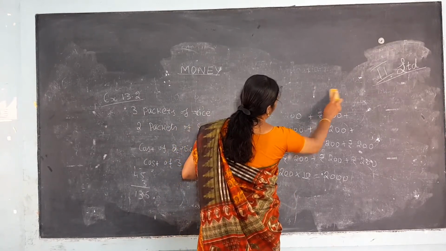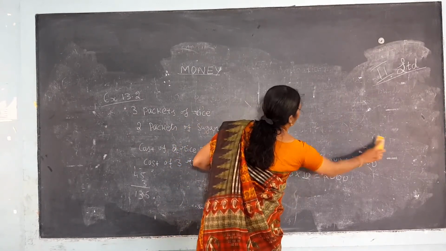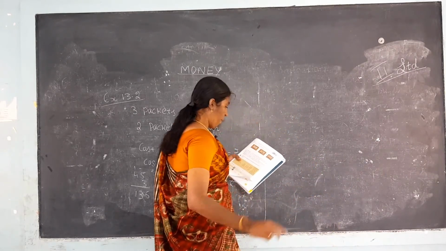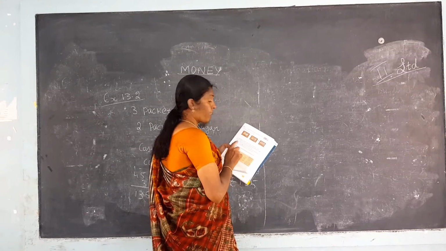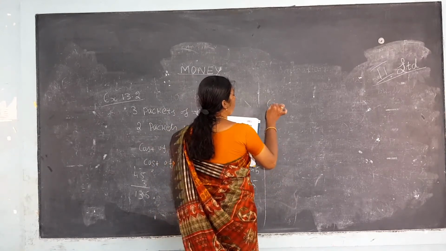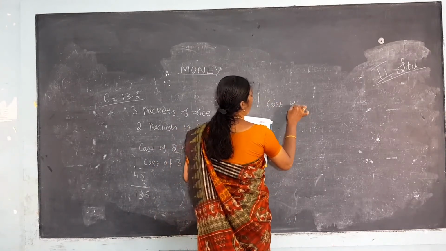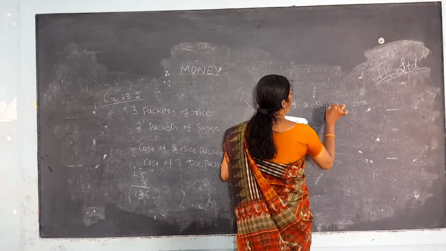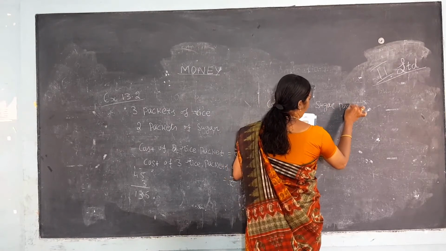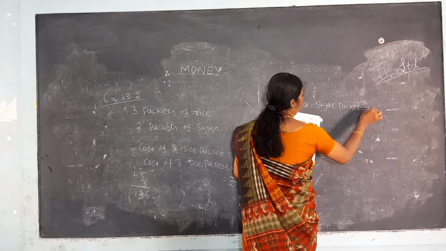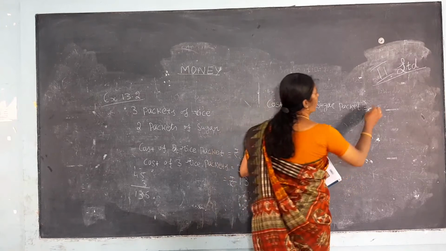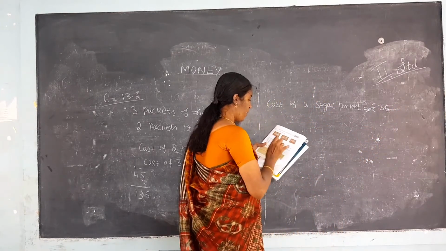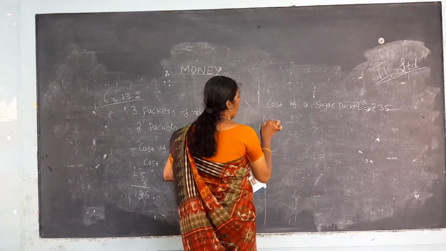Next, what is the price of your sugar? The price of 1 sugar packet, how many rupees? 35 rupees. So the cost of a sugar packet. Okay. A sugar packet is how much? 35 rupees. How many did he buy? 2 packets. So the cost of